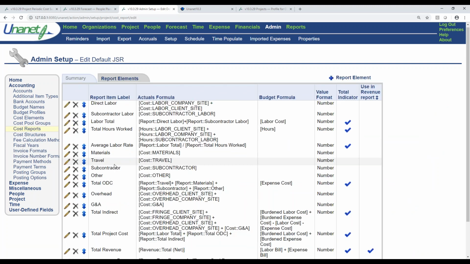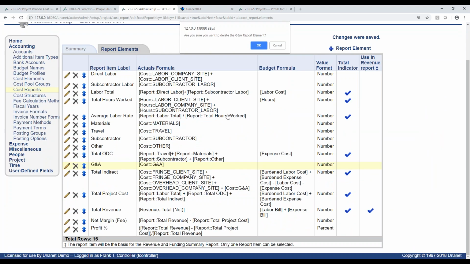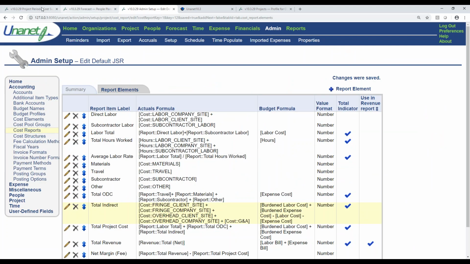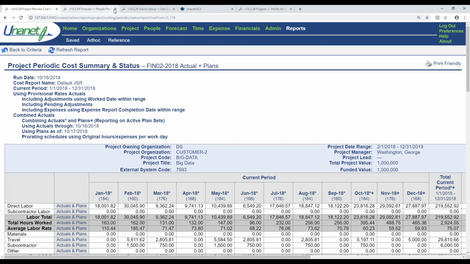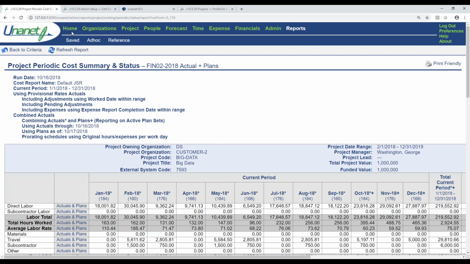I'm going to remove my indirects, not my total ODCs, but my indirects. I go back to my favorite report, I refresh it, and here you can see where those detailed fringe, G&A, and overhead are removed, and you just see total indirects. So it's up to each company to create the lens through which you want your project managers to manage your engagements. I love this report.